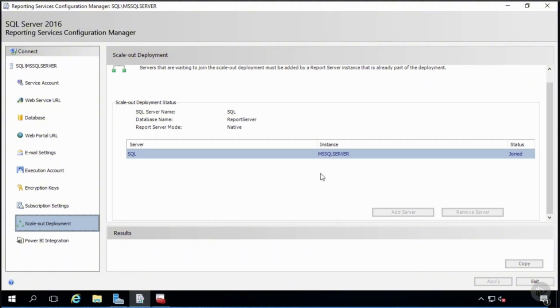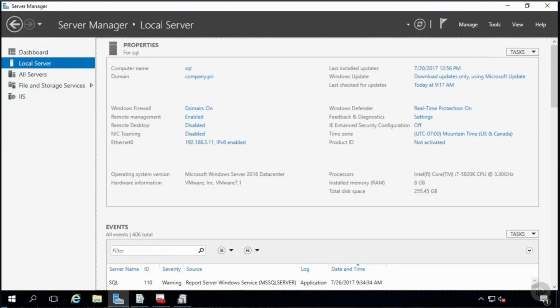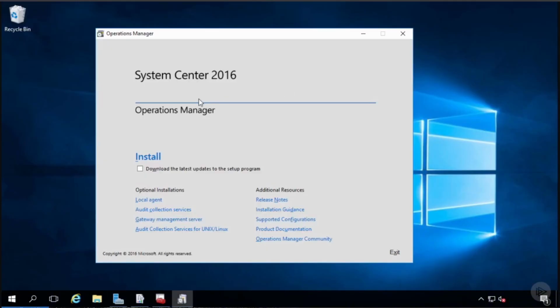If all of these have been configured, then we know we've got a successful initial configuration of SSRS in preparation for that Ops Manager reporting server installation. With SSRS now configured, we could now go through the installation of the SCOM reporting server components that'll layer over the top. I'm still back here on sql.company.pri, and I have my Ops Manager installation setup screen here,